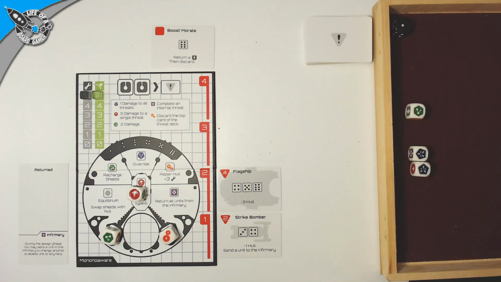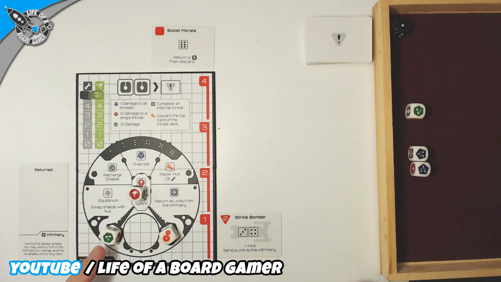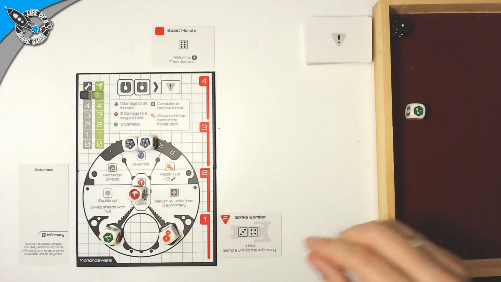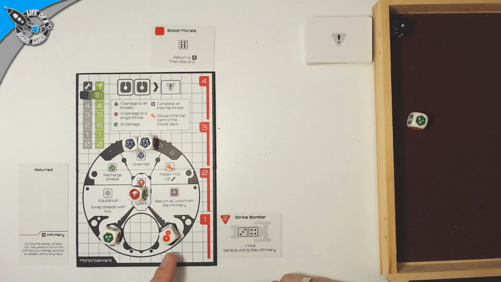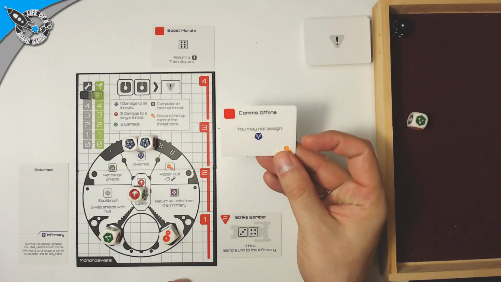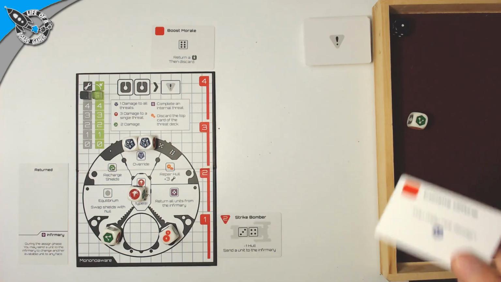So yeah, we are going to do 2 damage to the flagship and destroy it, and we are going to block numbers 3 and 4 for this strike bomber so he doesn't attack us, and we cannot recharge our shields. And with the orange one we are just going to discard this top card, and this top card comes offline. You may not use your commanders, so this is